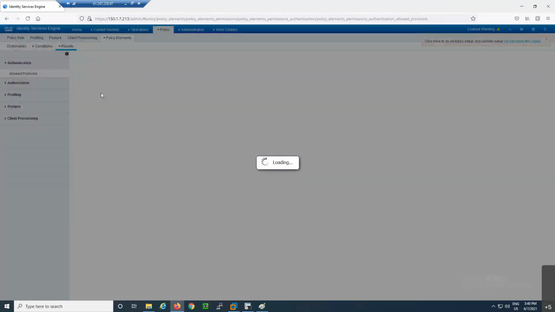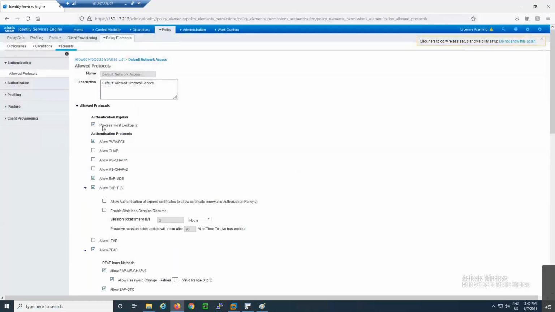This is default network access. And here process host lookup is checked. So this particular check mark will be used for MAC address authentication bypass. If this check mark is not there, then ISE will not be able to perform authentication for MAB users if you uncheck this. So in your allowed protocols, which is configured for MAB, this check mark should be there. Okay.